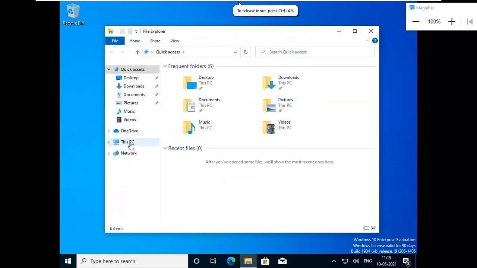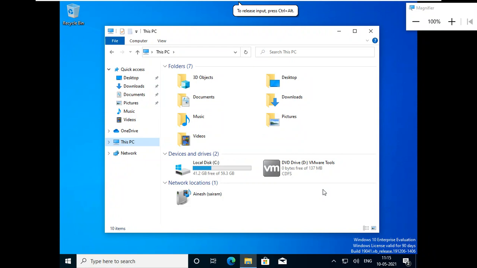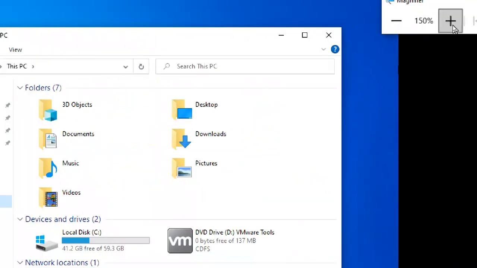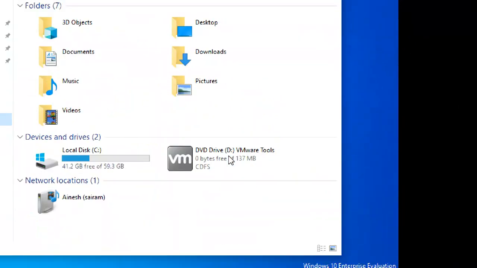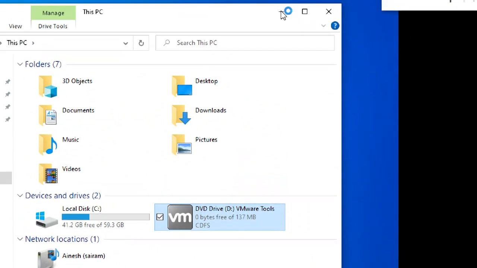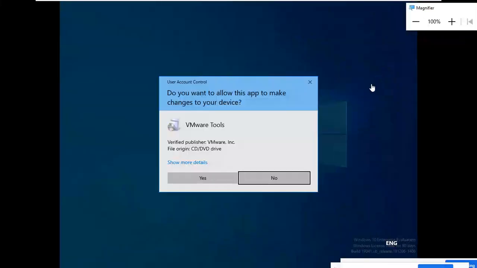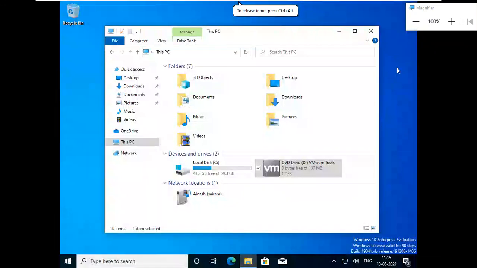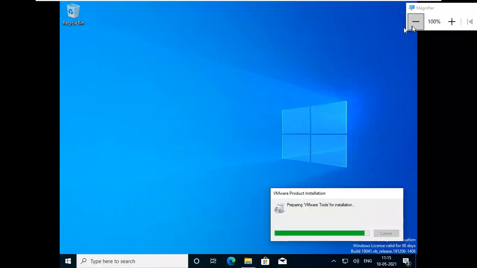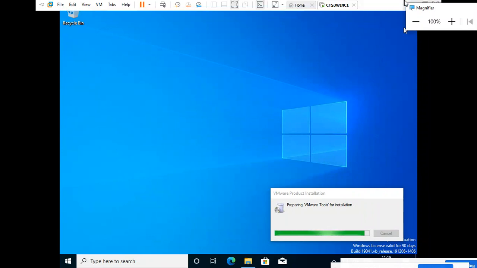If you forget to click on the notification, in This PC you can see VMware Tools automatically mounted at D drive. Once it is installed completely, click on Yes. So automatically it will install, depending upon your bit.